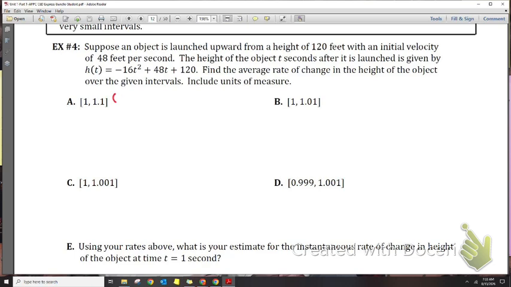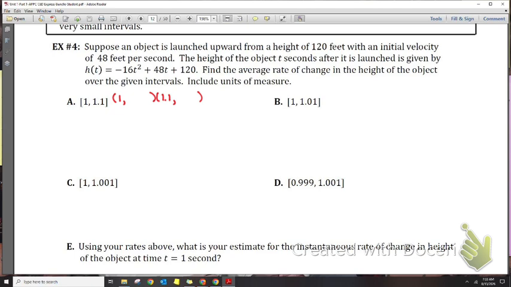So I know it's going to be 1 comma something and then 1.1 comma something. So we need to go through and find this. We could work it out, but with the numbers being, if you look at D, this would be on a calculator section. So let's put our equation into y equals. And if you don't know how to make your calculator look at all different values, I'm about to walk you through it. So I'm going to go to y equals, put in my negative 16x squared plus 48x